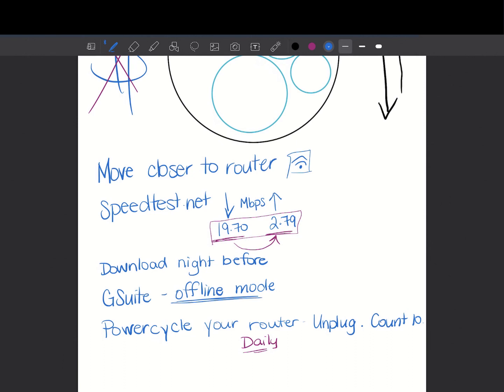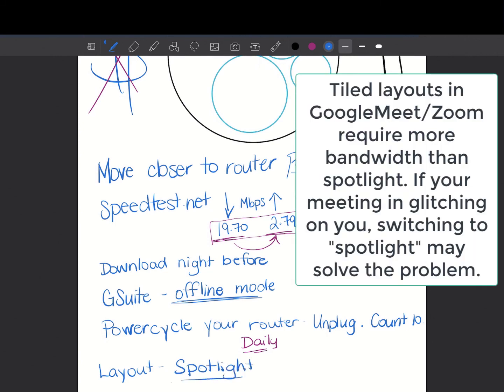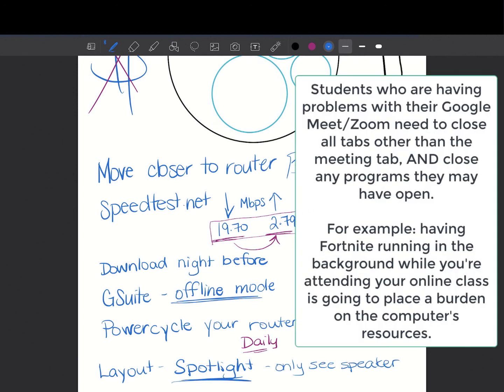Finally, specific to Google Meet, on your layout section where you can tile it, if you're having some trouble with Google Meet crashing or glitching or the audio is not keeping up, set it to Spotlight. Instead of tiling it, if you put it on Spotlight, it gets rid of all of the people down the side. So you're not going to see all the tiles of all of the people. You will only see the speaker. So it's going to reduce what your computer's trying to keep up with, and it's still going to keep you engaged. It's going to keep you with whoever is speaking at the time, but you're not going to see everyone else.